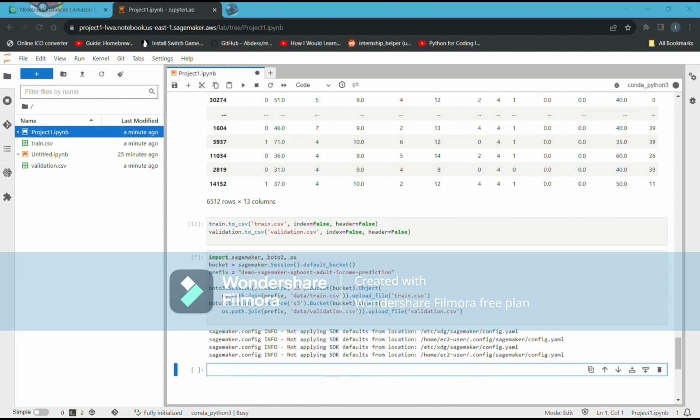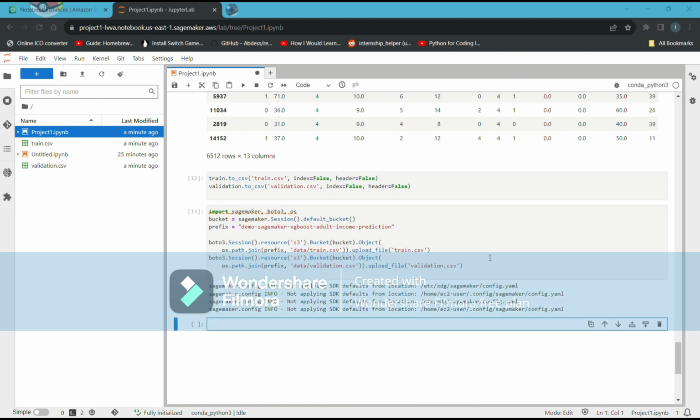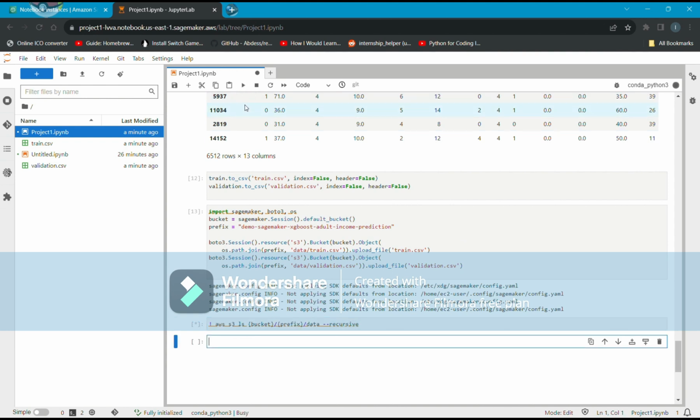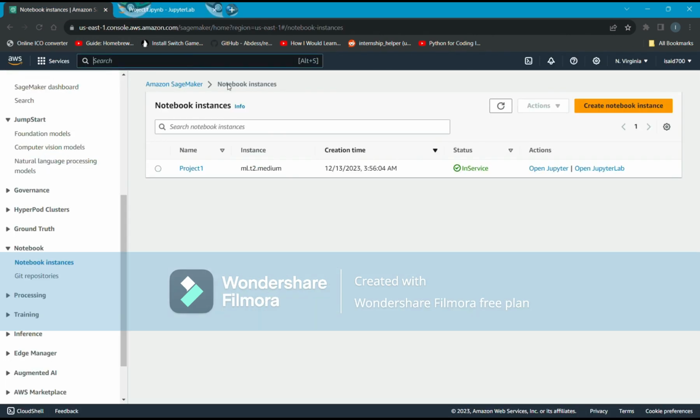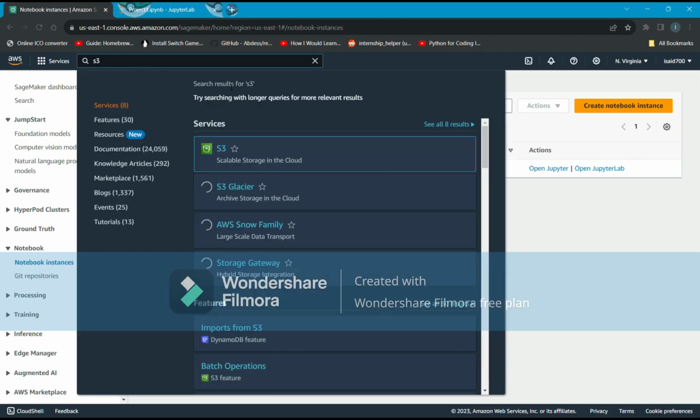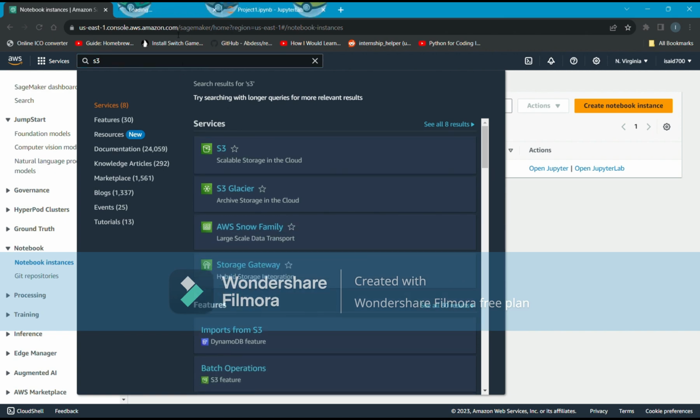Once that's done, we can take another script to confirm that those files were saved into S3, and then we can actually go into S3 and confirm that for ourselves as well. This script will just show us that the files were created in S3. As we can see, they were created in S3, but if we want to confirm that ourselves, we can go back to the AWS console, open up S3,